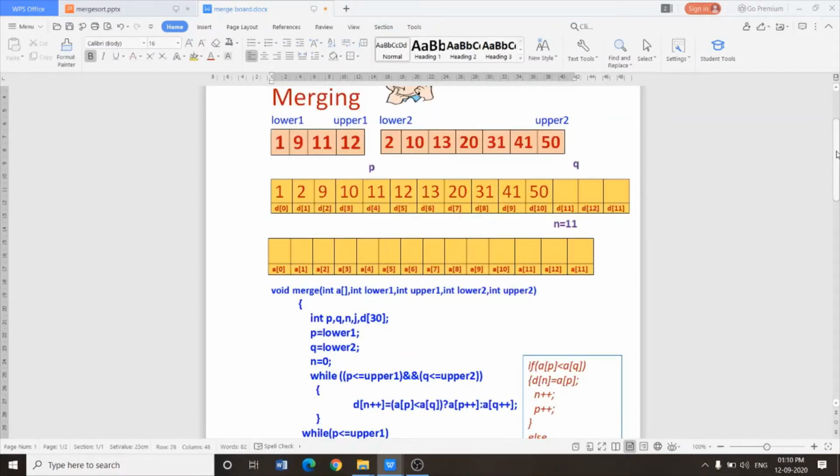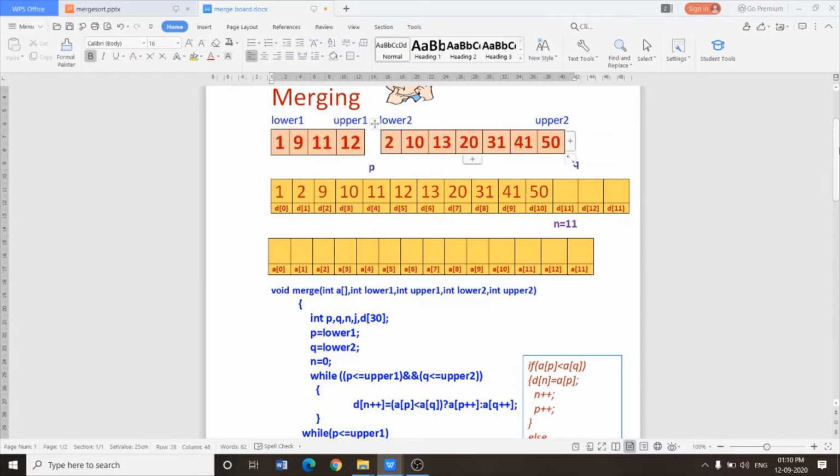See, what you have to do, you have to copy all the elements from D array again to the A array in the merge and sorted form. So you have to copy all these elements from D0 to A0, D1 to A1, D2 to A2 in this way. You have to copy all the elements from D array to A array. So total number of elements, how many number of elements are there? Total number of elements are first array total number of elements plus second array total number of elements. So it is 4 and it is 7, total 11 number of elements.